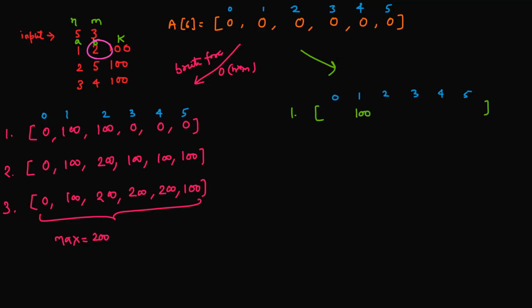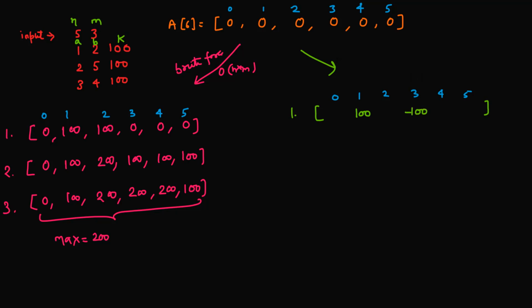Go to element 2 plus 1. If you remember, guys, I showed you two statements. If you add an element at the starting index, the effect will continue till the end. But we have to stop this effect after 2, because 1 and 2 is inclusive, so that effect should be applicable from 1 to 2. After that we have to negate this effect. So I am going to index 2 plus 1, which is 3, and do minus k, which is 100.